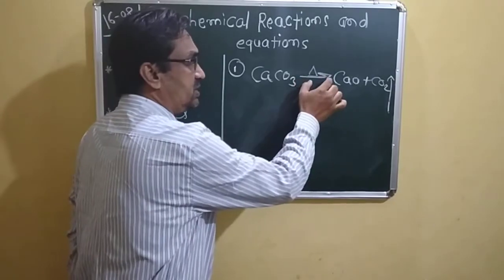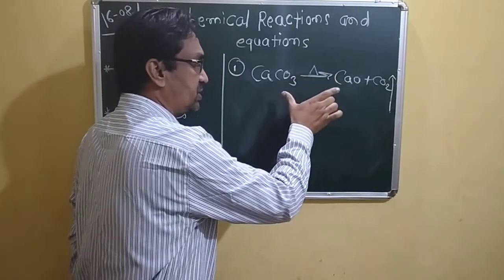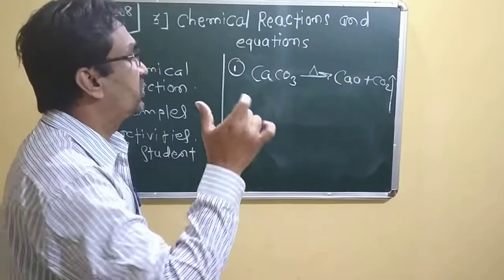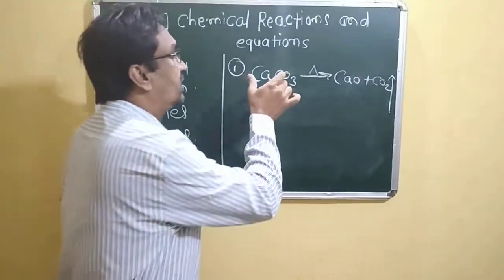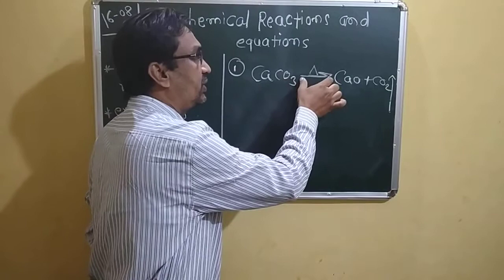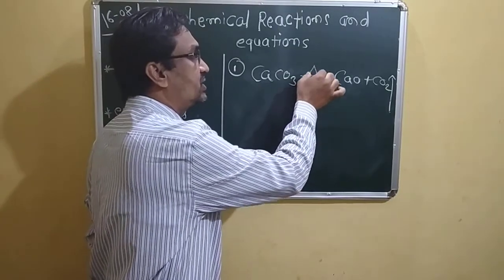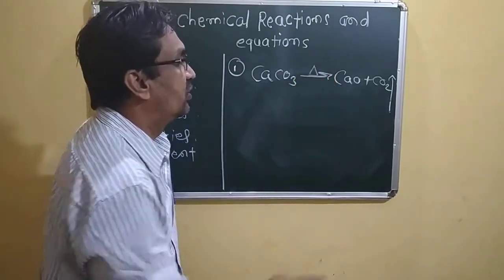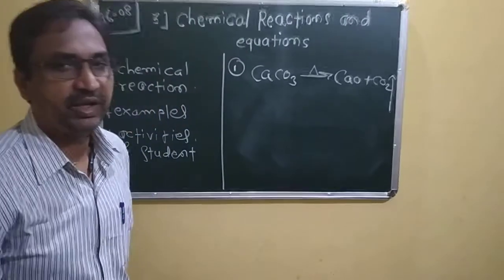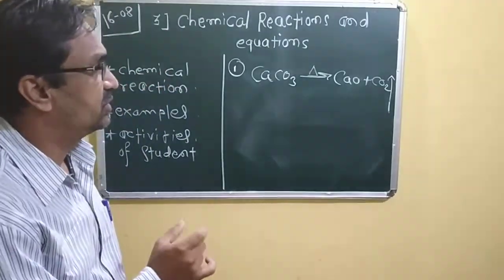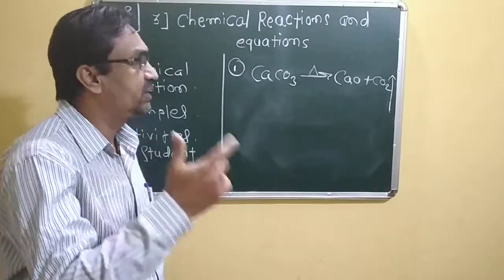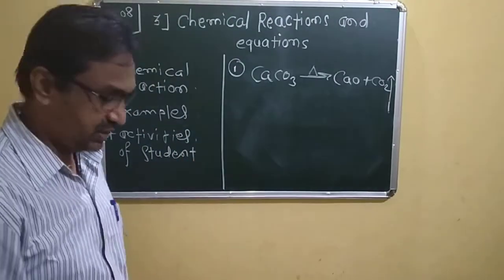I just wrote down the chemical reaction, but it is not necessary to write those things yet, because we will teach how to write a chemical formula, how to write the arrows, what the arrow indicates, what the triangle indicates, and what the upward arrow indicates. Before that, I just utilize those things to understand quickly. After that, we will study those things.